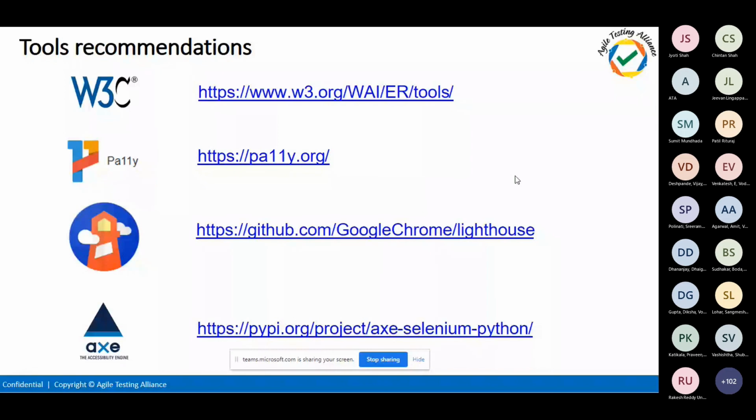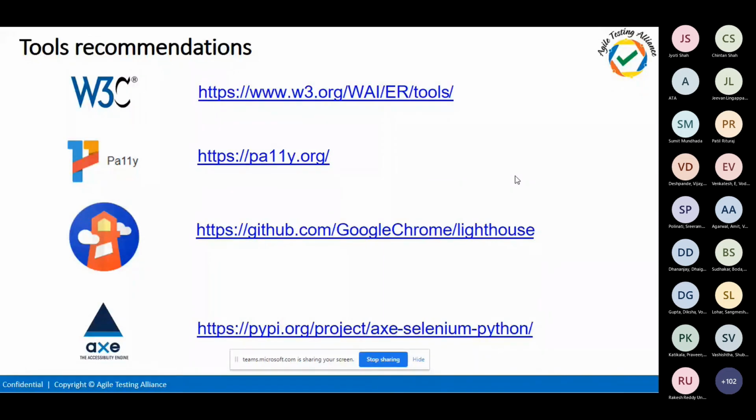And if you're using Node as your automation tool, Node with Selenium and other things, then you can go for the Pa11y framework. That is based on Node, and it also gives a pretty good report. And if you want, Lighthouse also gives the API. So you can hit that Google Lighthouse URL, download the package, and just say Lighthouse and your URL, and it will give you all the results. So you can automate it easily with Lighthouse also.